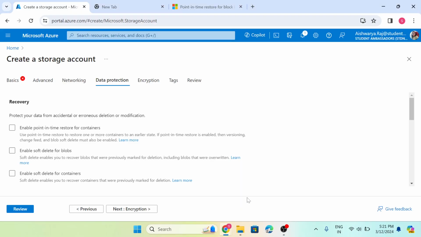Hello everyone. In this video I am going to explain the data protection section while creating a storage account. In the data protection section we have three parts: recovery, tracking, and access control. So in the recovery